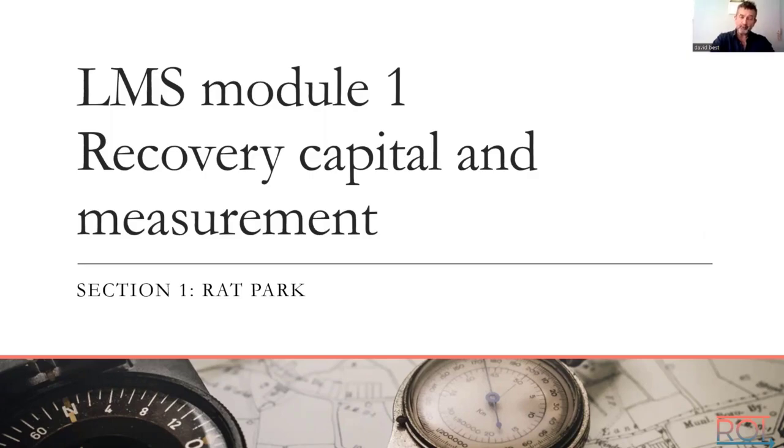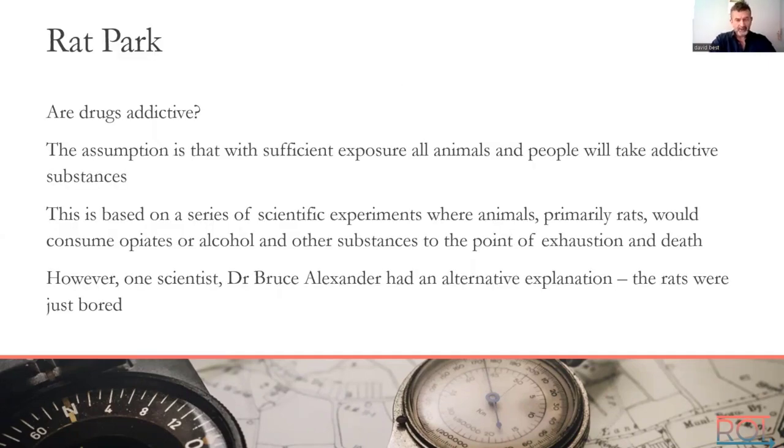The first section is about Rat Park, and the Rat Park section is really around how we start to conceptualize the notion of why and how people respond to addictive behaviors, how it's onset and desistance at the end of the process. We start with a very simple question, which is, are drugs addictive? And some of our evidence for supporting the addictiveness of drugs comes from comparative study. What that basically means is the research is originally done with animals,